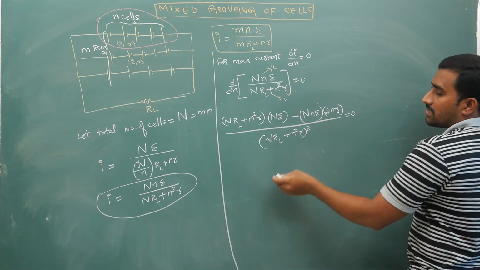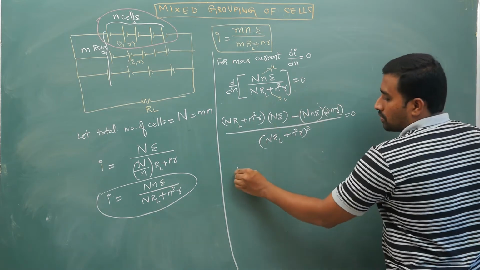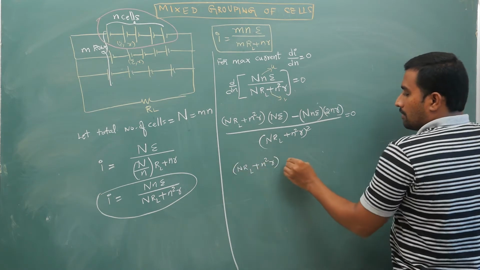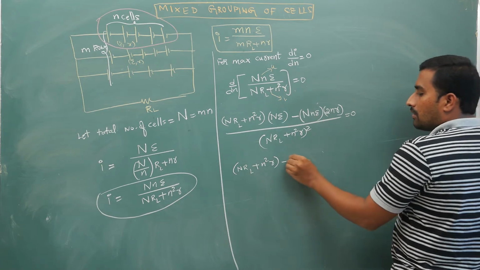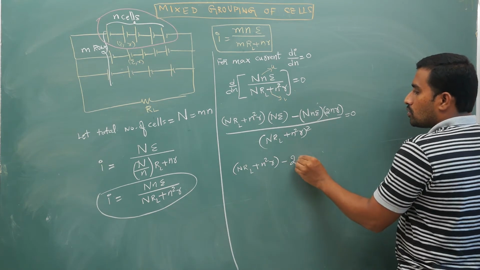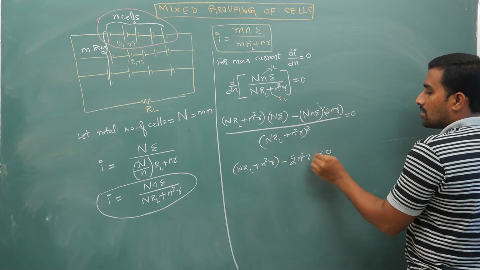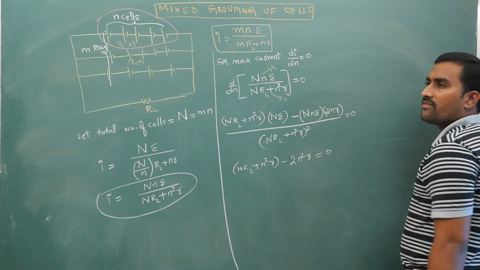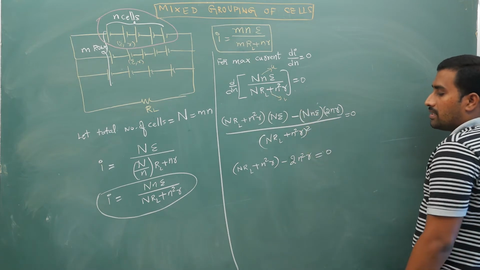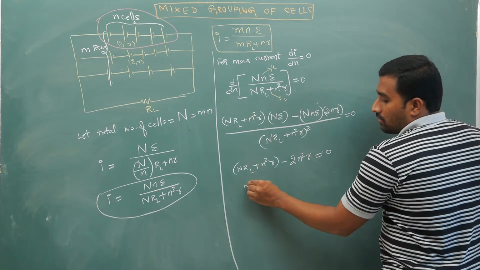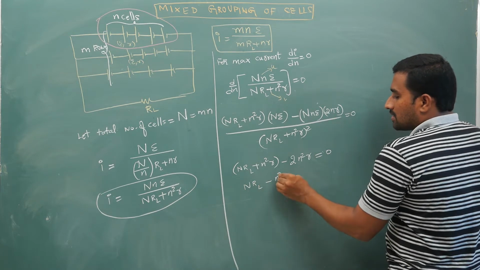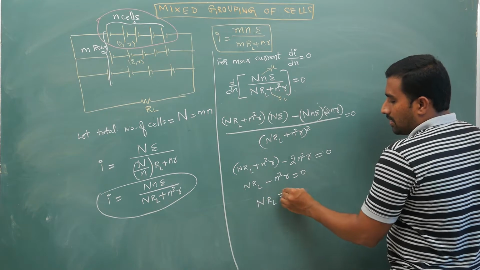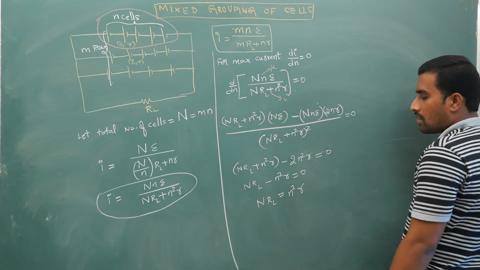Now send this to the other side, okay, and take N out. So you are going to get N times capital R plus N square R minus, if you take capital N out, this will become minus 2 small n square R is equal to 0. Okay, I have used the derivative of U by V rule. I have simplified directly. I have just written the derivatives directly. So that will give you N times R load minus N square R is equal to 0. N times capital RL is equal to N square into R.